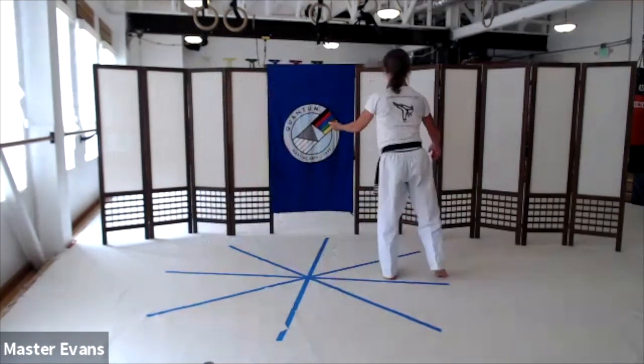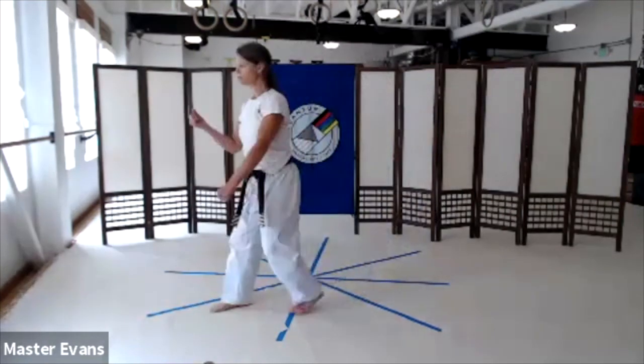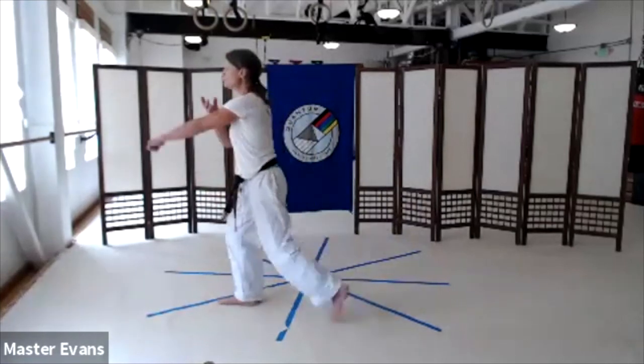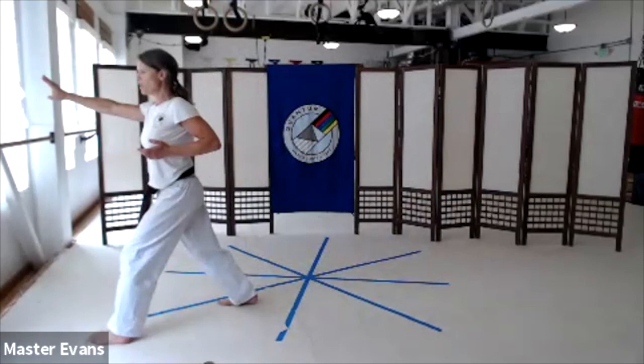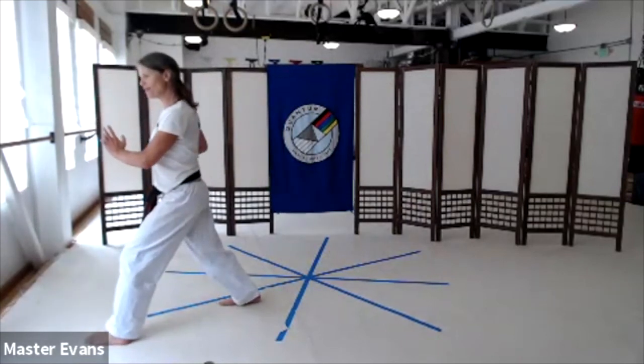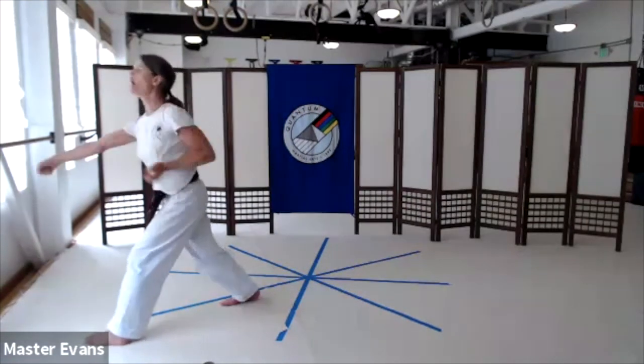Then straighten yourself out of the room. Reverse scissors, stepping forward. Reverse scissors, stepping forward. Breath in. Block, and then another palm block. Tension, tension, tension, tension, tension. And